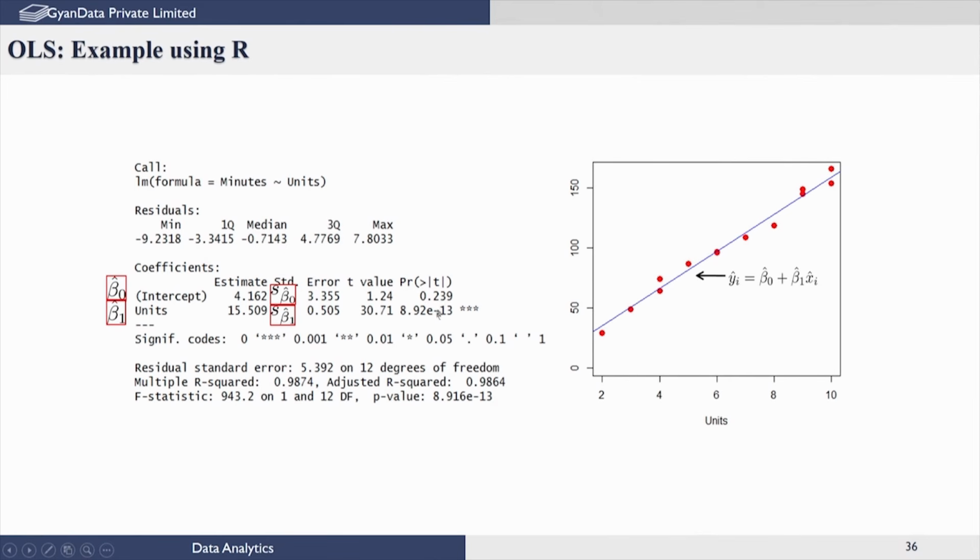So, if you get a very high value, t value represents the statistic which you have described earlier. It has computed the statistic for beta naught hat and the statistic for testing whether beta 1 equals 0 or not, and compared it with the critical value of the t distribution with the appropriate degrees of freedom, and concluded that the upper critical probability is 0.239, which means if you get a very high value for this, anything greater than 0.01 or 0.05, it means you should